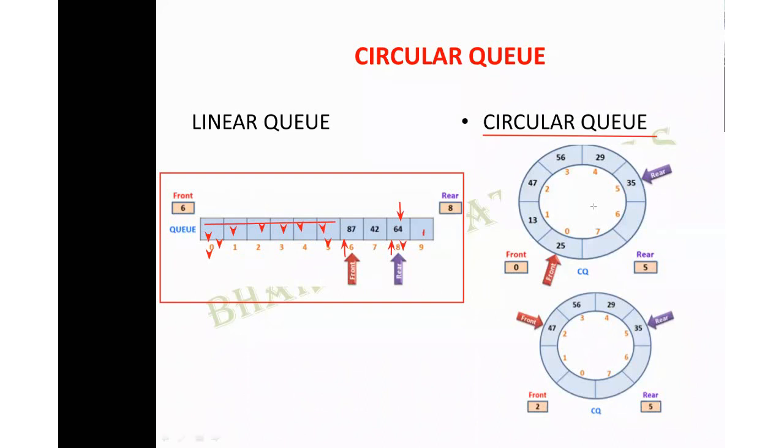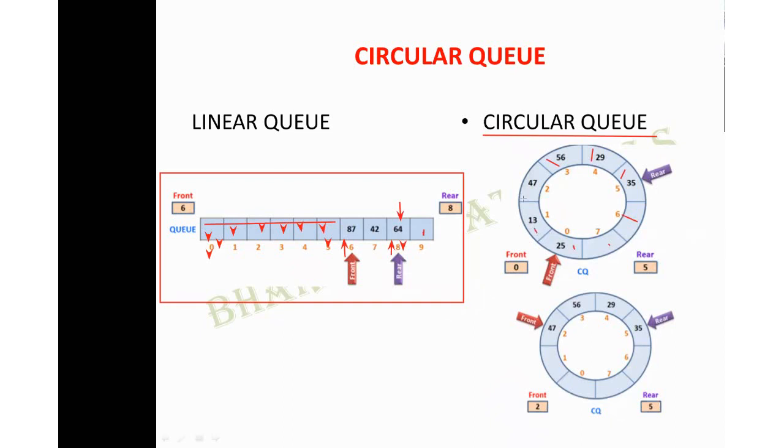Circular queue means what? That is, the ends are joined together. So circle means what? You don't know where your starting position is. You don't know where your ending position is. That is how you circle. You'll start from one position and you will come back and join in the same position. So after drawing the circle, you will not know which is the starting position. But here it is divided into cells, partitions. So you have the particular positions also numbered.